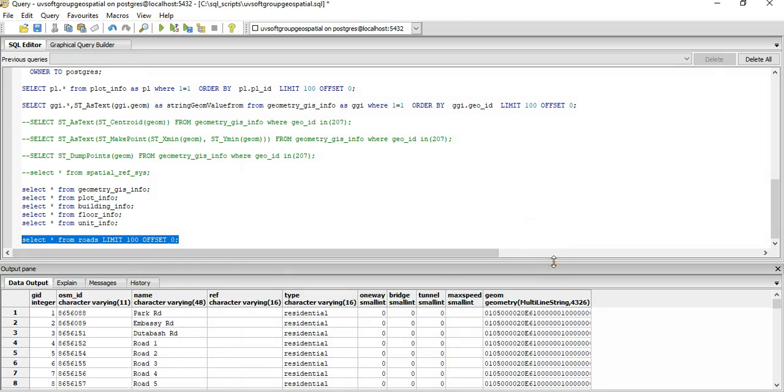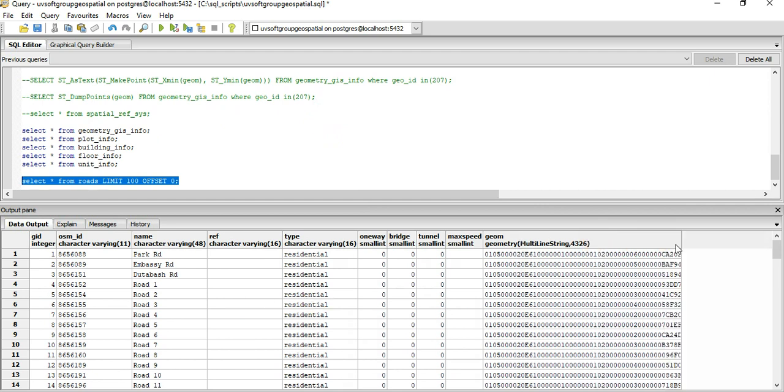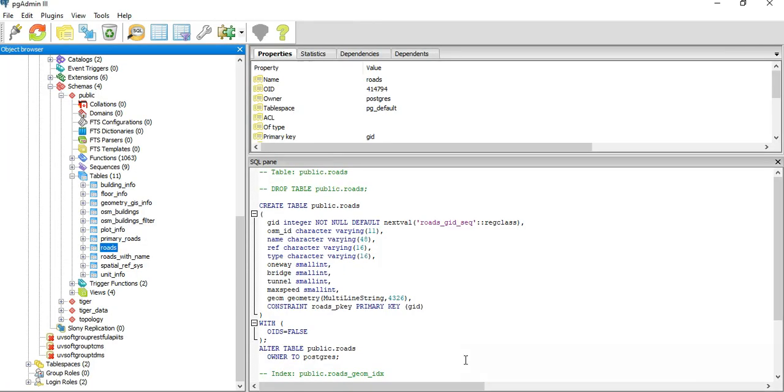So you see the information that I have in the relational database from OpenStreetMap: OSM ID, name and reference and type of the geometry, residential type, residential road types, and that is the complete geometry object. So you see the projection information, geometry, and all the information is there. So is there additional information? No, there is a